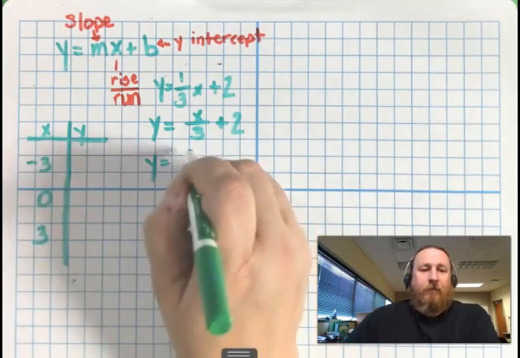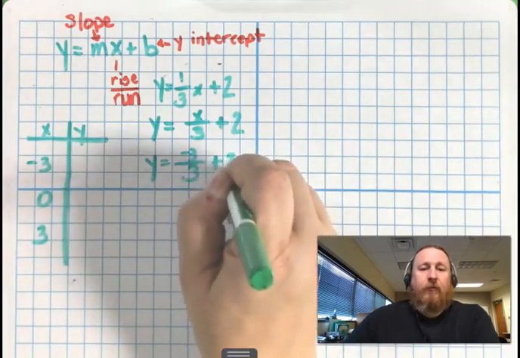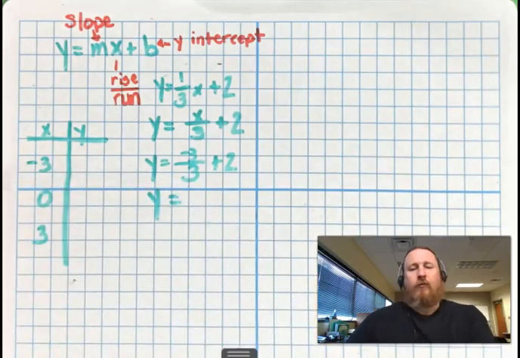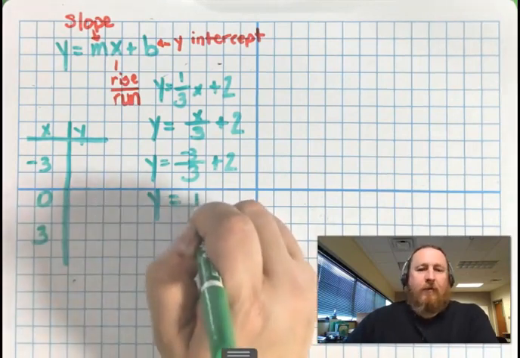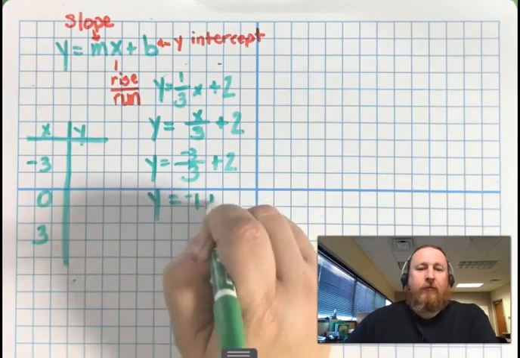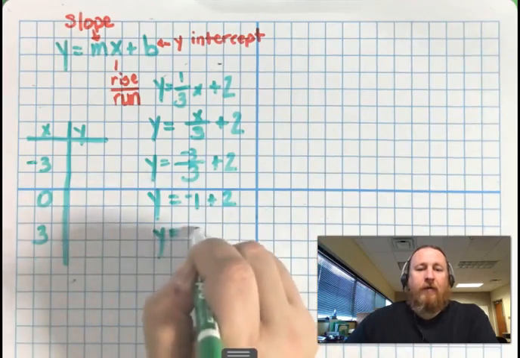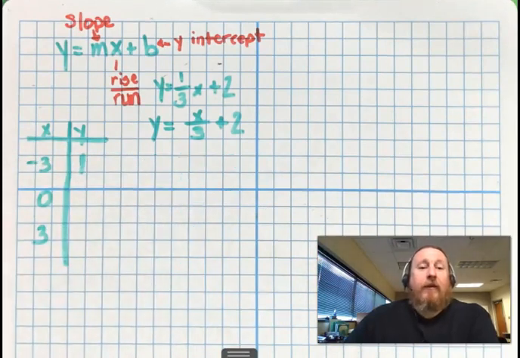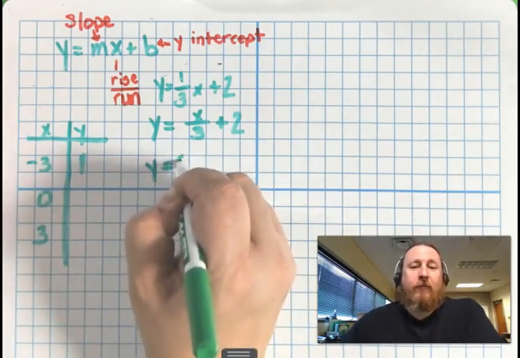Y equals -3 over 3 plus 2. -3 over 3 reduces, or you can say -3 divided by 3 is -1 plus 2, giving us a total value of 1. So y equals 1. Our next value for x is 0, so we plug 0 into y equals x over 3,